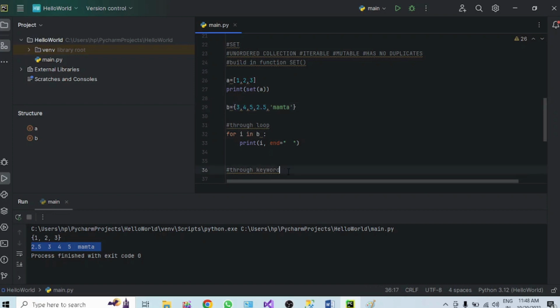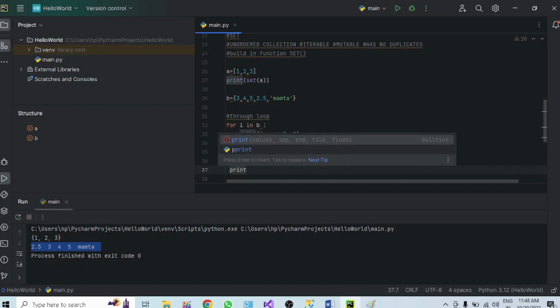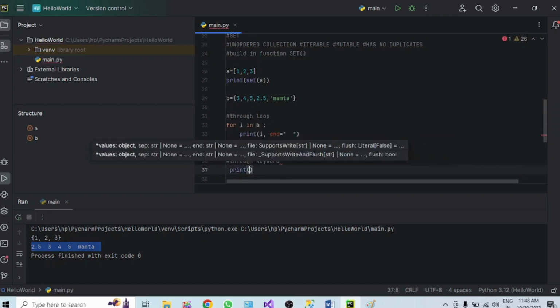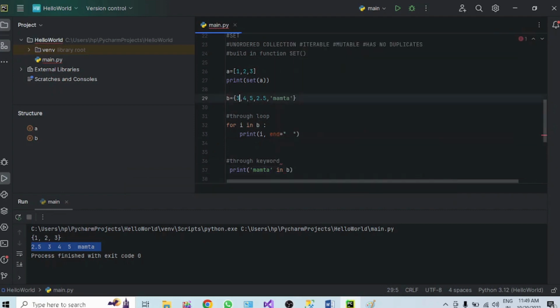So how can we do it? That is also like print. Let's say I wanted this keyword to be displayed. I wanted this in B, because the variable, not list, sorry, this set, is stored in B. So I wanted to print Mamta, which is present in this. So if I execute it,